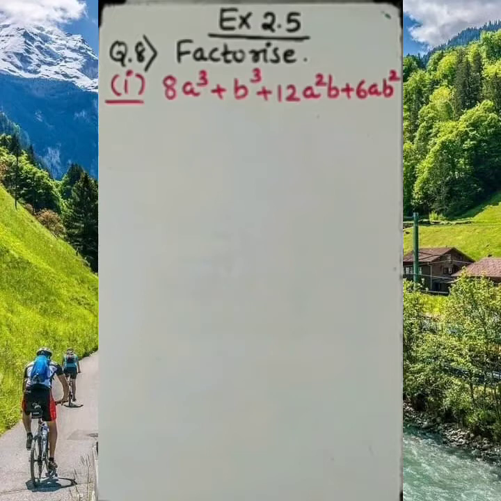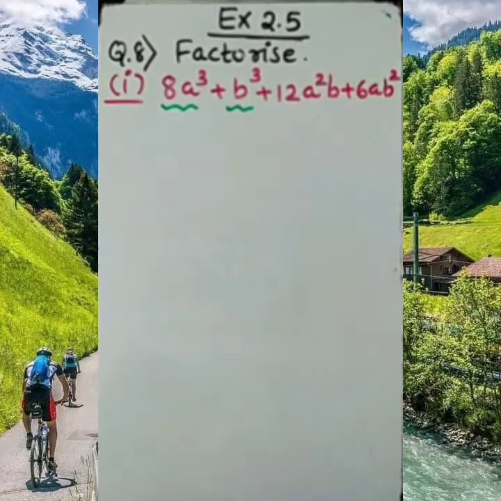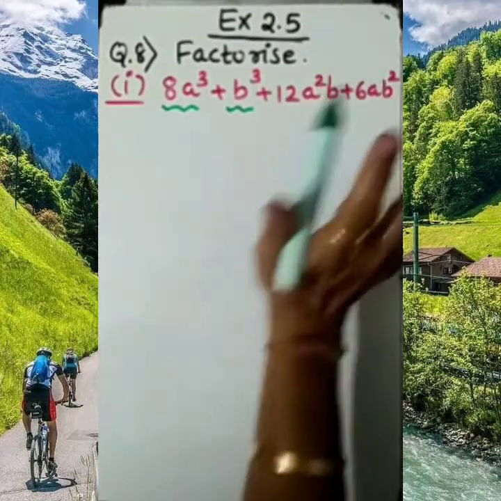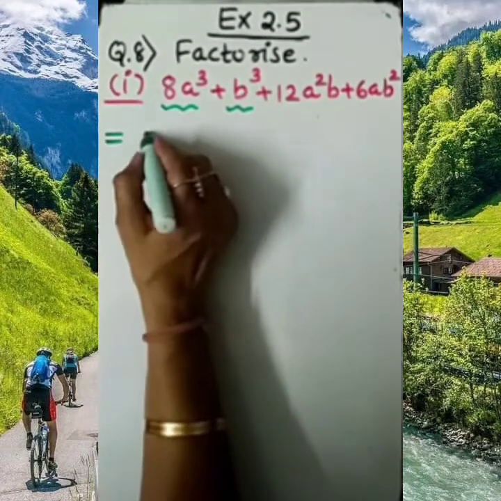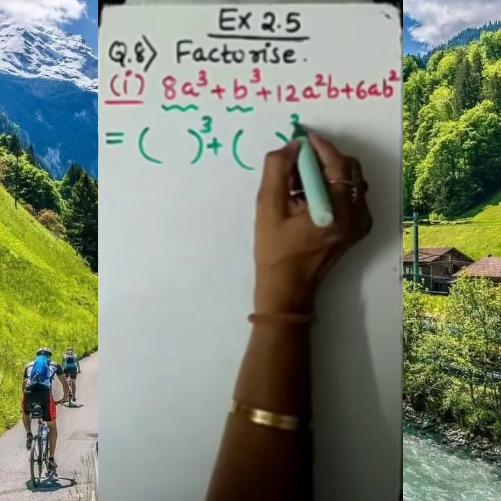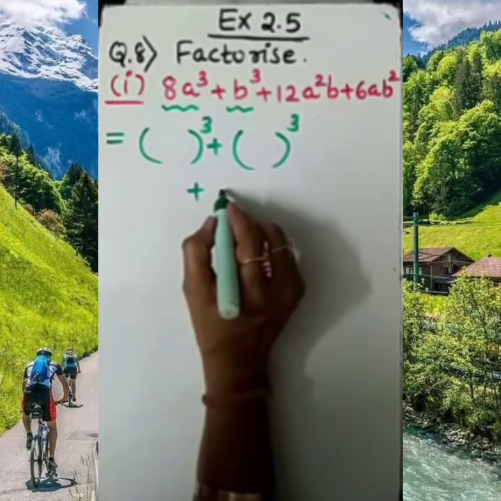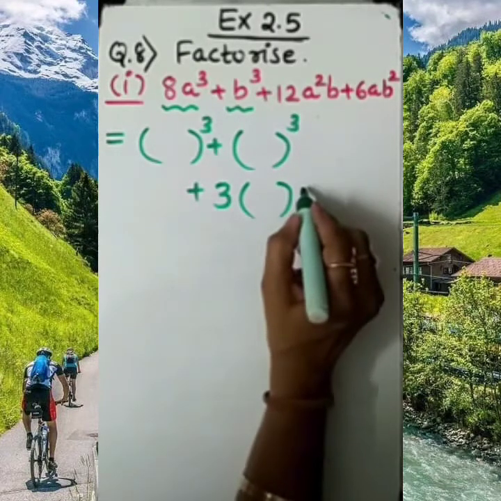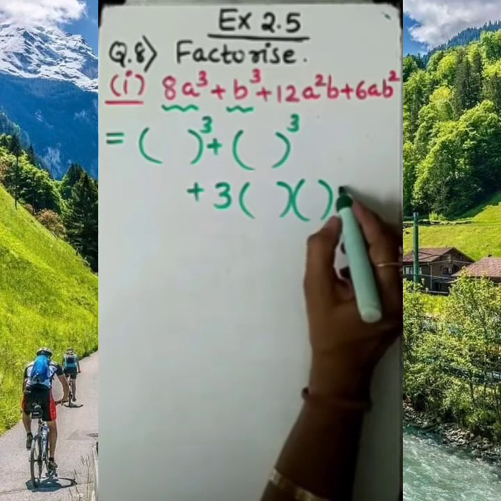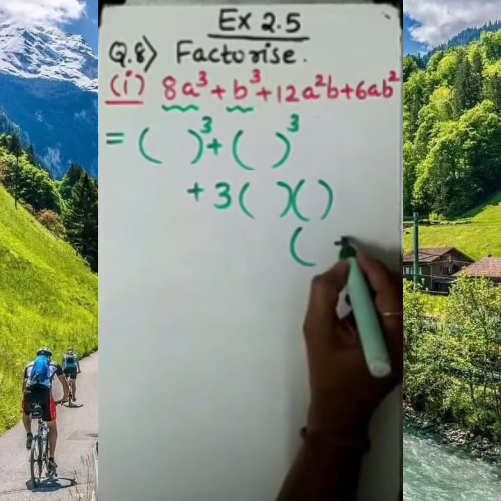Now dear student, you need to focus on the cube first. Which two terms are given in the cube? Of course, these two terms. Think about that only. Forget the rest of the part. Now, this is the cube of which number, you know? This is the cube of some number. And as we know, the formula for this is 3ab and in bracket a plus b also. So I'm mentioning it here, a plus b.